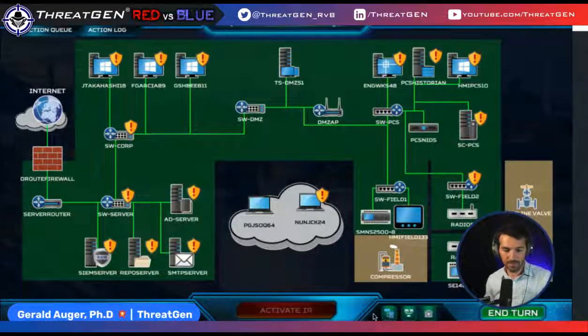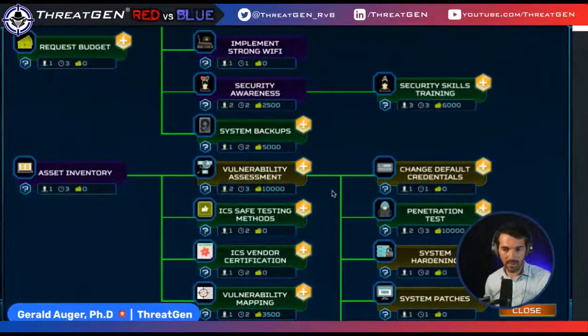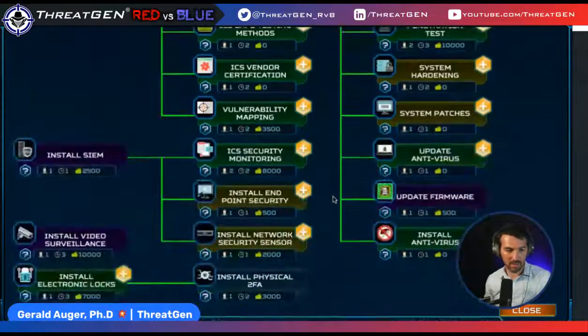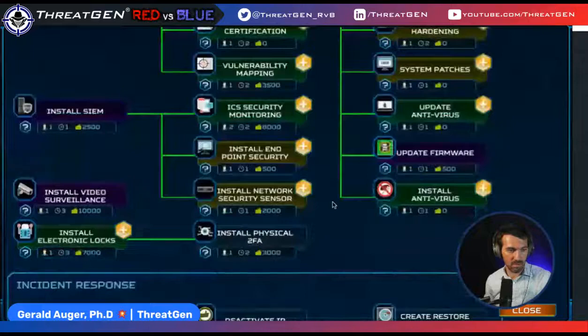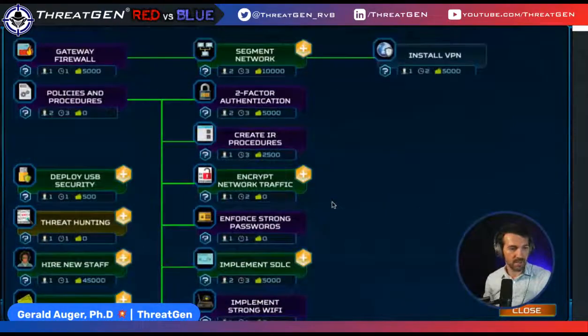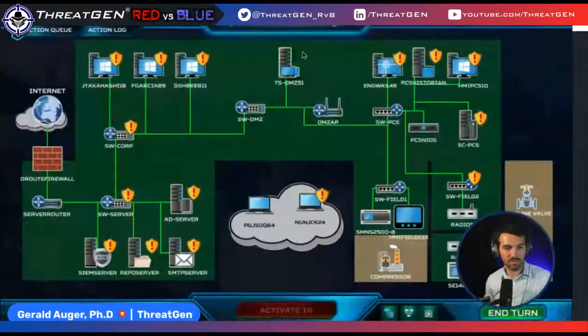We got 2 people. We're going all in on, what did I say? I had something hot to drop. Oh, the network segmentation. 10 grand. Okay. So network segmentation is wicked valuable because it really limits lateral movement. The problem is if the threat actor is already in your environment and has moved around, then